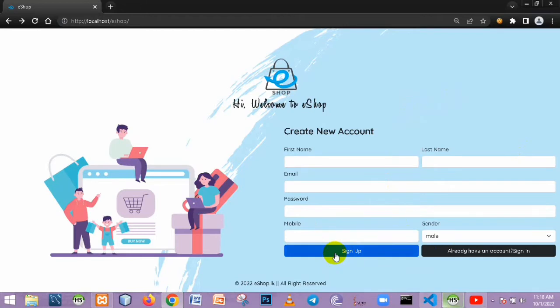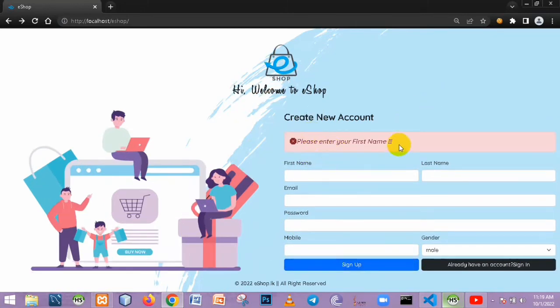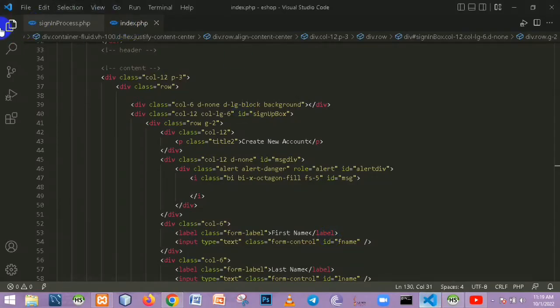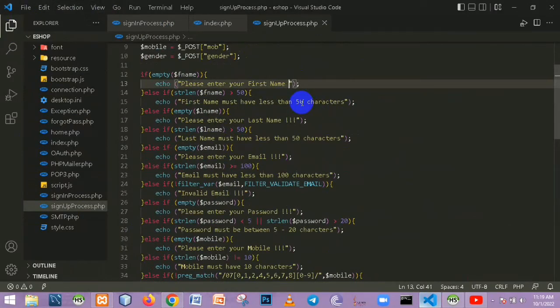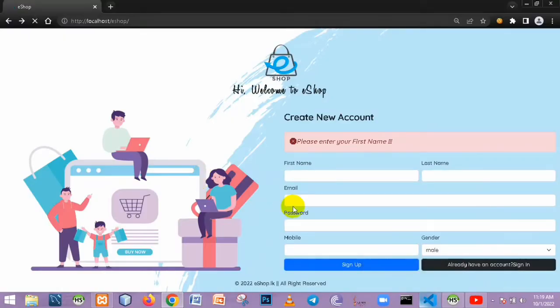So let's sign up without anything in the input fields. So let's sign up. It says please enter your first name. There are 3 exclamation marks. Let me change it. Okay, I put 1 exclamation mark. Now it looks better. So, please enter your first name. You can see if we enter our first name, let's sign up. And now if we sign up, we get enter your last name. If I give a last name